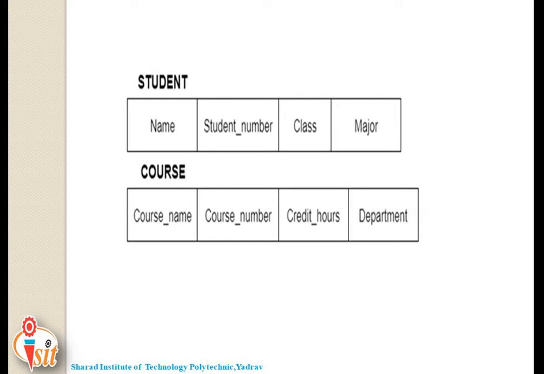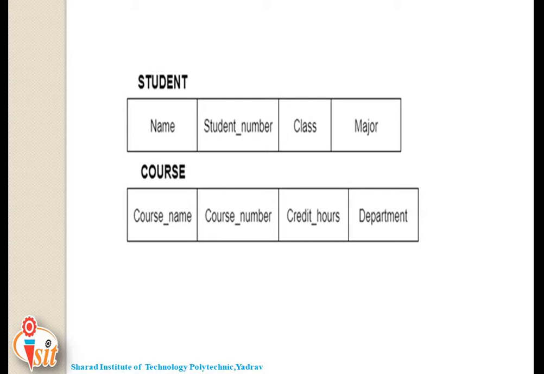These are the relations present in the university database. And now define the schemas for those particular relations, that is classroom having schemas like building, room number, capacity.